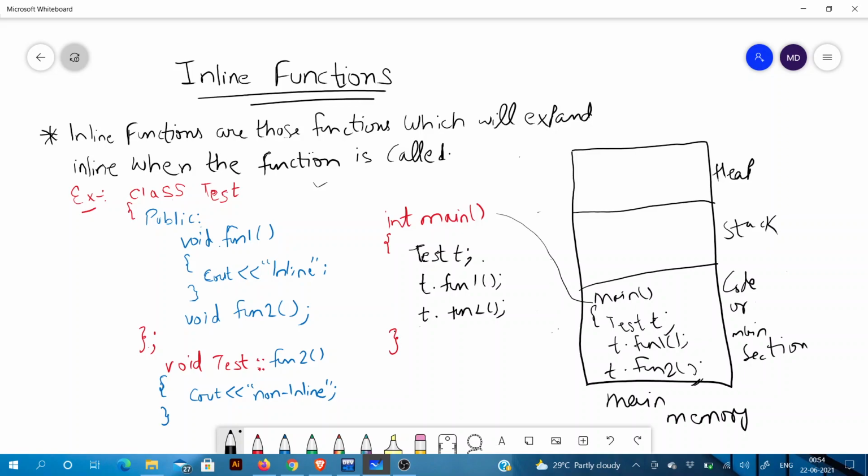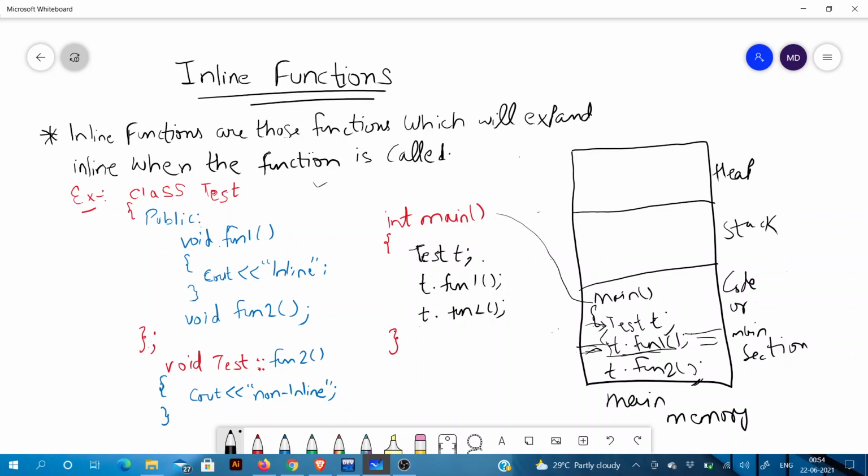So fun1 will expand after the creation of the object. When you call fun1, it will expand here only. Its line of code will be written here only. When the compiler executes this program, it will come to Test t, and after that it will come to t dot fun1, and it will execute its line of code here only.